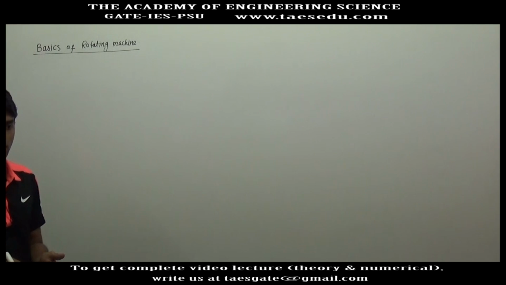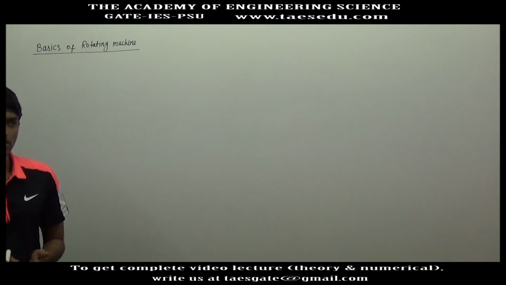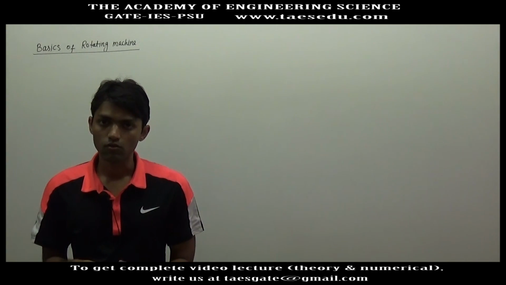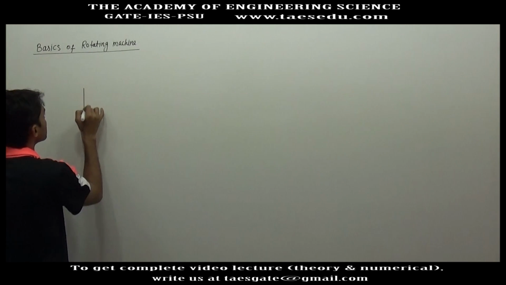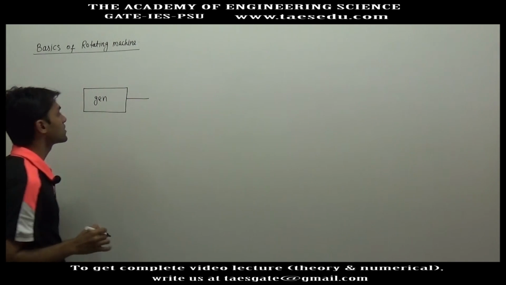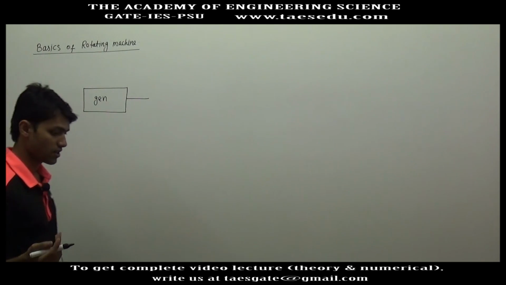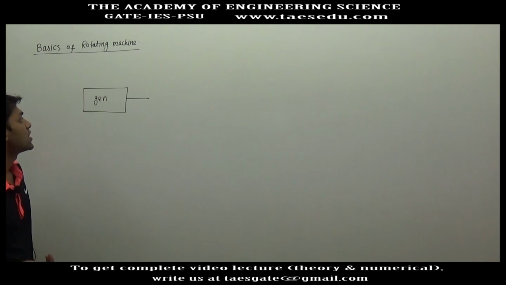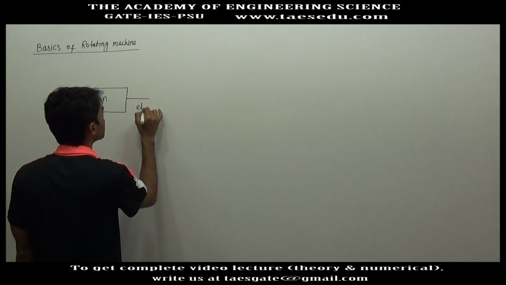Any type of machine, either it is DC machine or synchronous machine or induction machine, can be operated as generator or motor. Suppose a machine is operating as a generator. In the output we expect an electrical energy. We expect the generator to deliver electrical energy, so the output will be electrical energy